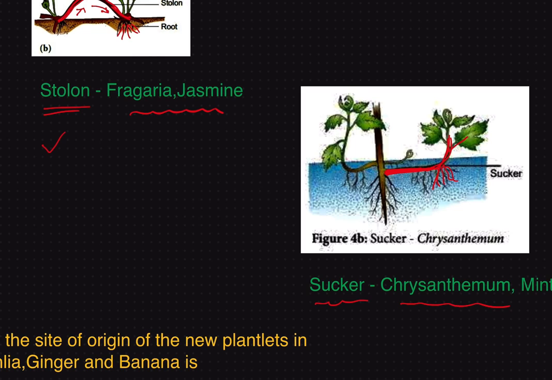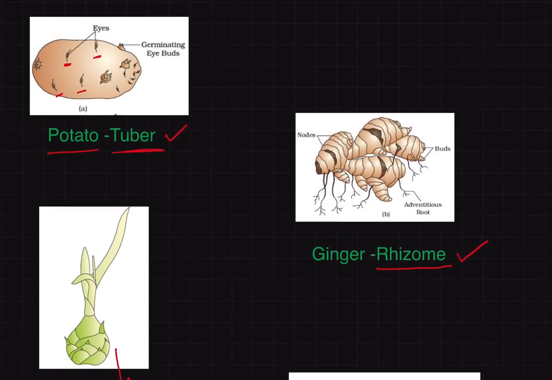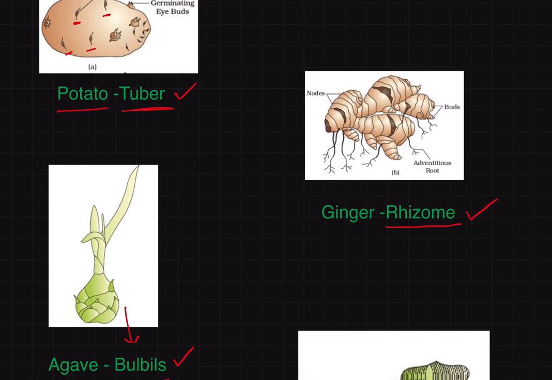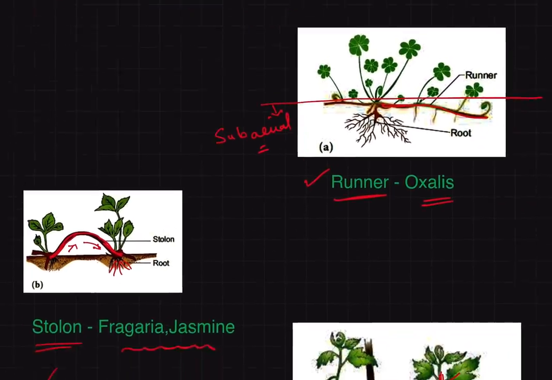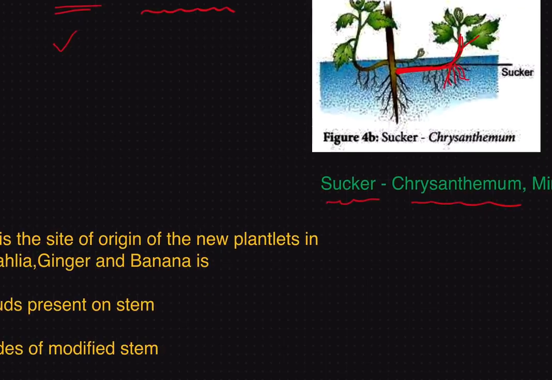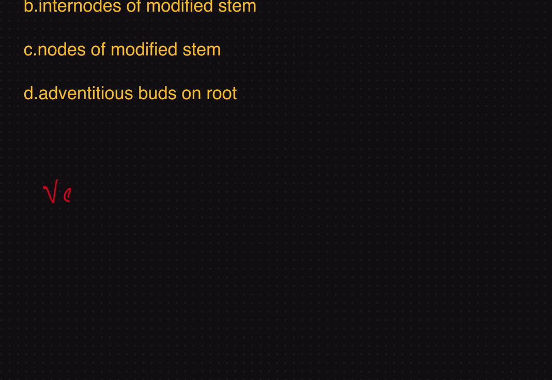So, in all these cases, what you have seen until now are modified stems. From each modified stem, a new plantlet can be developed. So, vegetative propagules are special structures. I would like to say that vegetative propagules are